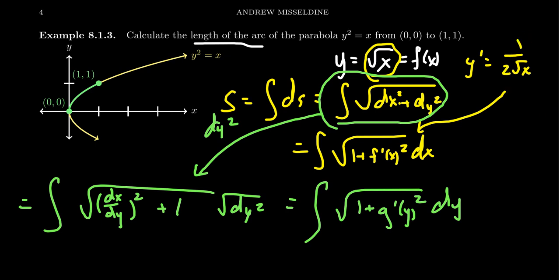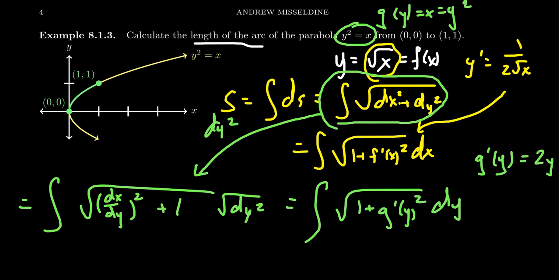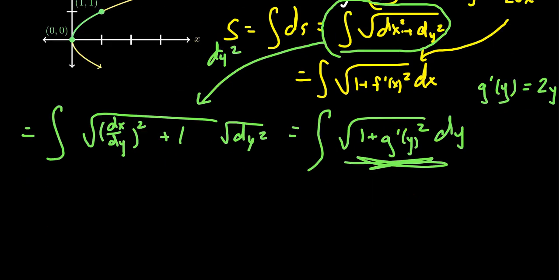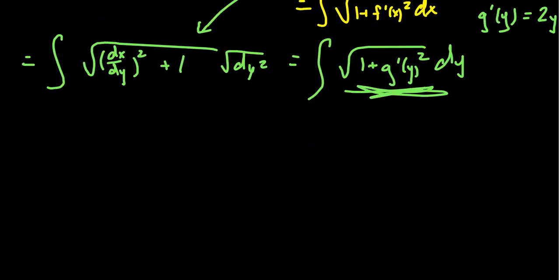On the other hand, if we take the original expression and say that g of y, which is x, is equal to y squared, that situation seems much more tame to me because g prime of y would equal just 2y. And again, that doesn't seem so horrible whatsoever. And so this format where we integrate with respect to y is going to be a little bit more preferable here. I emphasize this so that you know there's an option. You can choose, do I want to integrate with respect to y or integrate with respect to x